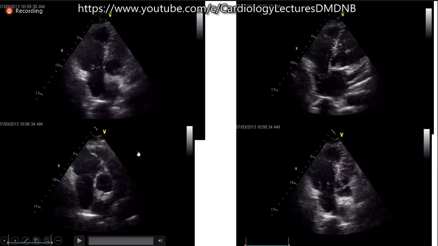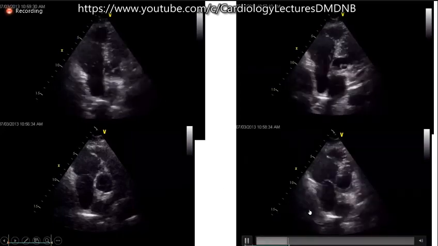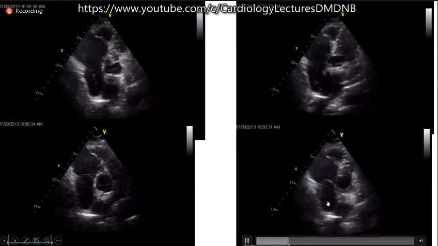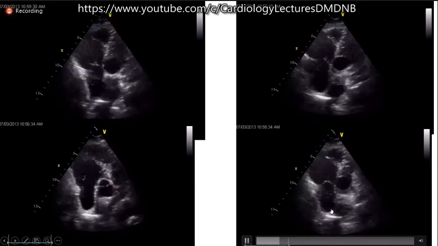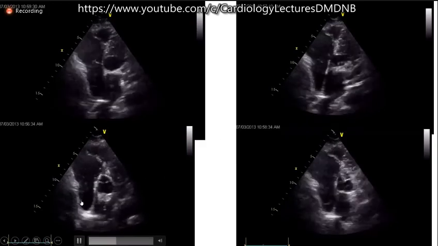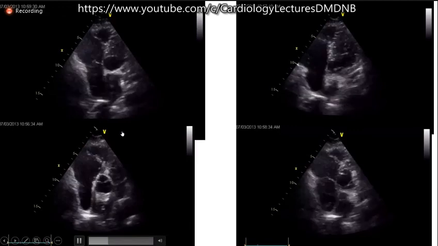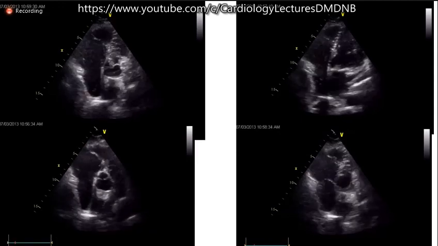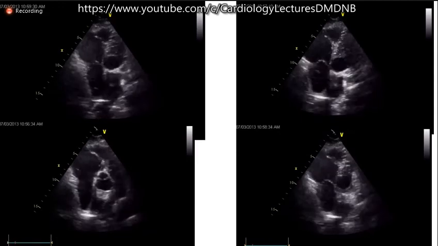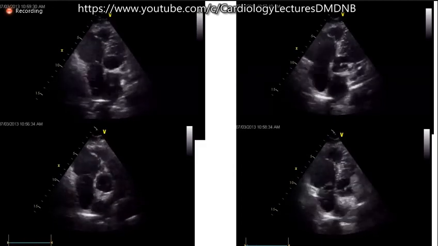The Eustachian valve is another structure which can be mistaken for a pathology. So you can see here there is the Eustachian valve. You can see that it is moving inside the right atrium. You can see here the Eustachian valve. This should not be mistaken for a tumor mass. It is a normal variation. Sometimes it becomes slightly more prominent. That is why it is easily picked up in the echocardiogram.